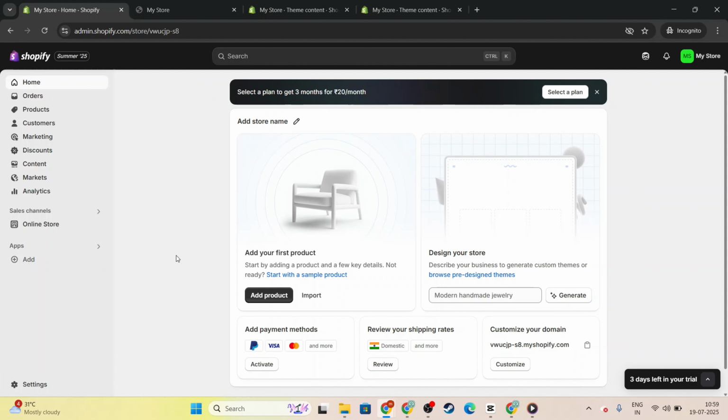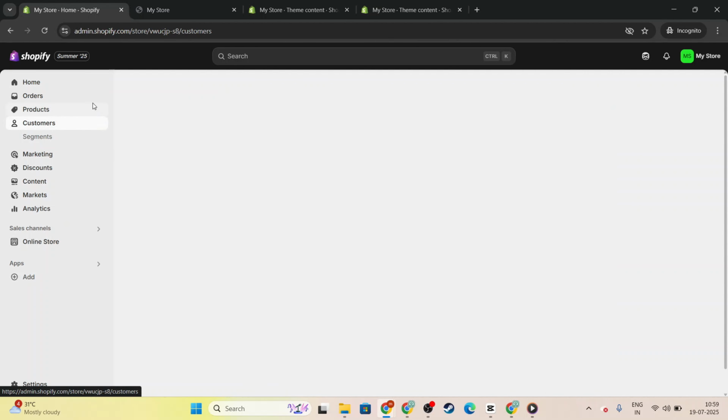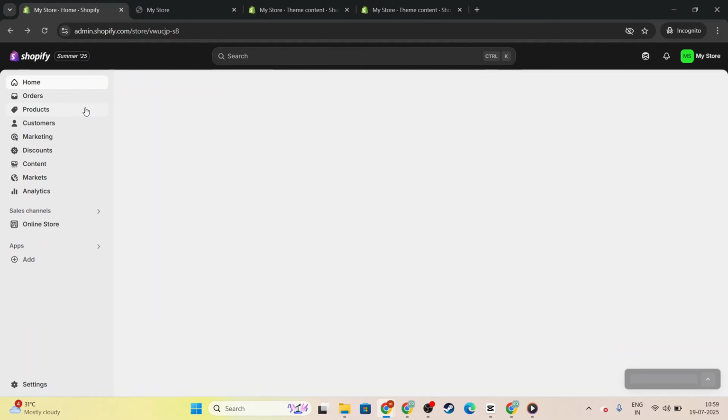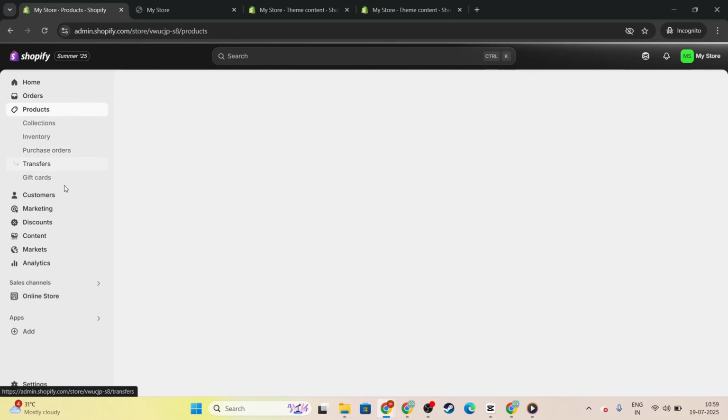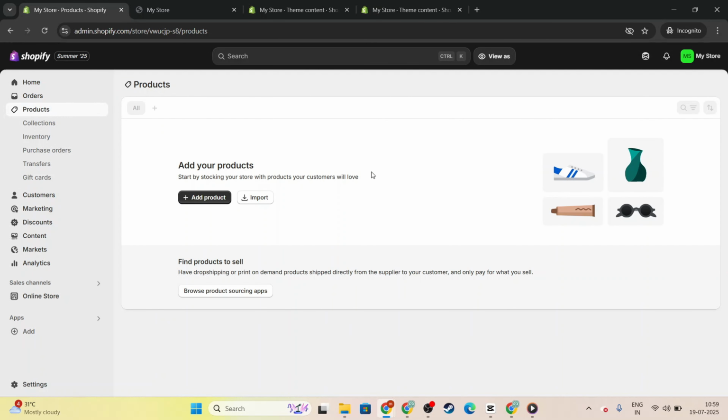particularly tech-savvy. First, let's begin by logging into your Shopify admin panel. This is the heart of your store's operations and where you'll make all your changes. Once you've successfully logged in, navigate to the Products section located on the left-hand side of the dashboard. You'll see a list of all the products currently available in your store. Take a moment to familiarize yourself with this view, as it's where the majority of your product management will take